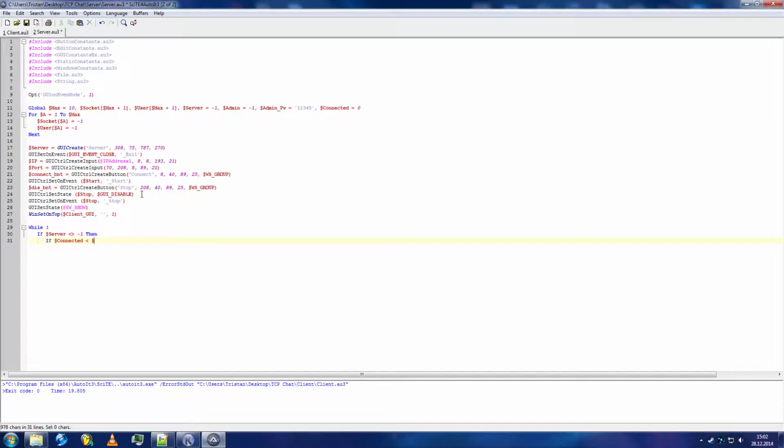Then if connected is smaller than max, then accept equals TCP, no, not send, accept server, check the ban list for